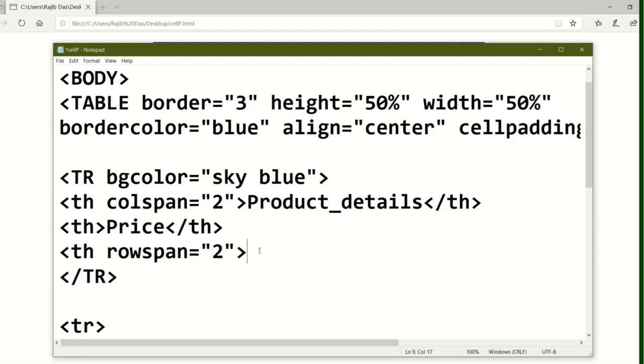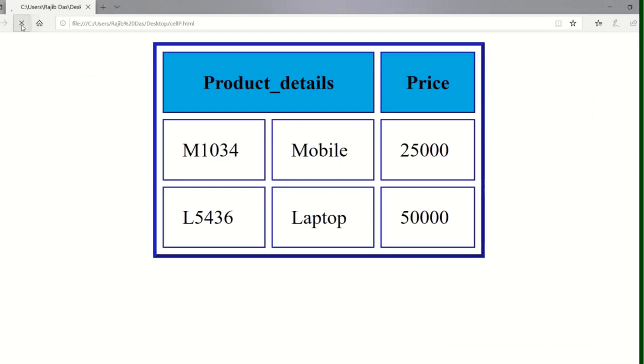And then I am writing here the discount, suppose 10%, and close the th tag. Then save the file and go to the output.